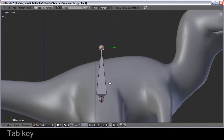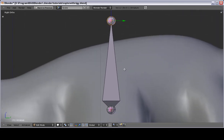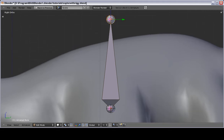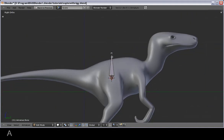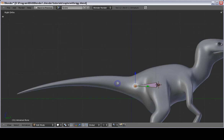Now when that is done, you can press the Tab key to get into edit mode, and now I can explain a little bit the components of the armature. The ball at the bottom here is called the root. The other end is the tip, and the big one here in the middle I call the bone for this part of the armature. Zoom out a little again, and then I'll grab the tip of the bone, move it backwards roughly here. When that is done, I can hold down Control and left click to add new bones, or